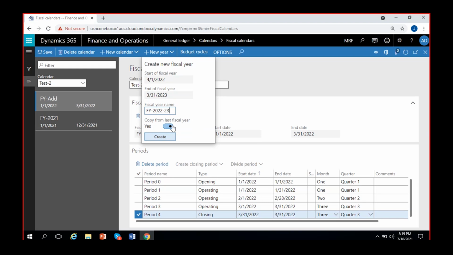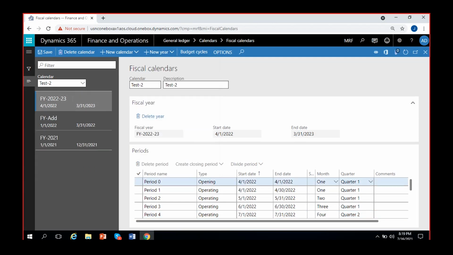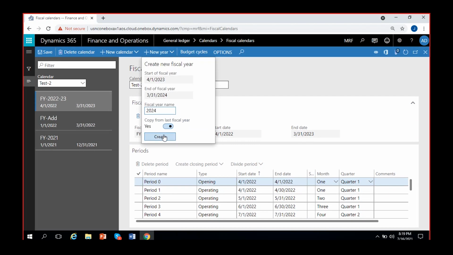Copy from last fiscal year. Yes, it will copy the months pattern, or else you can change the pattern if you want. Usually they'll follow months only, right? So I'll create months itself. Now see, the next year is created following this pattern. And if I create one more year now and click on create, I'll give this name here, fiscal year,